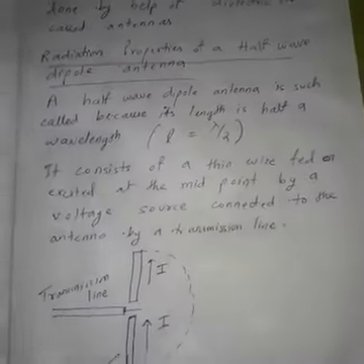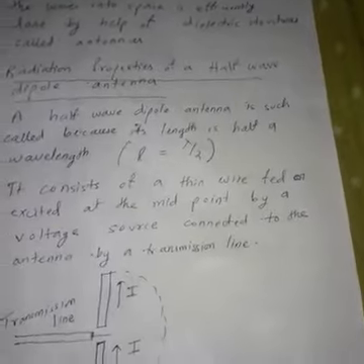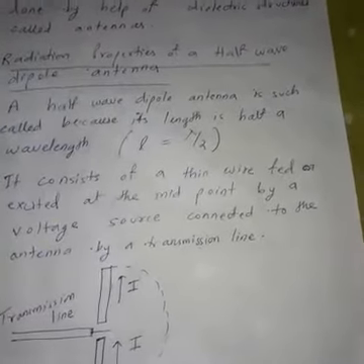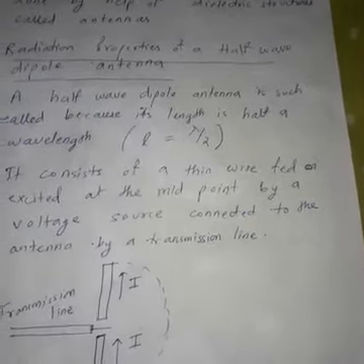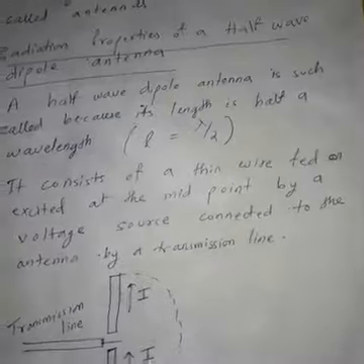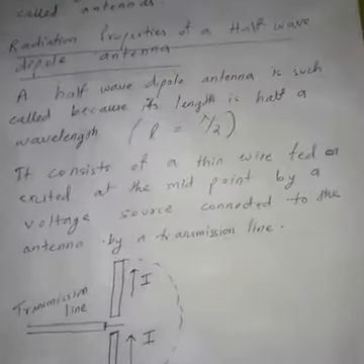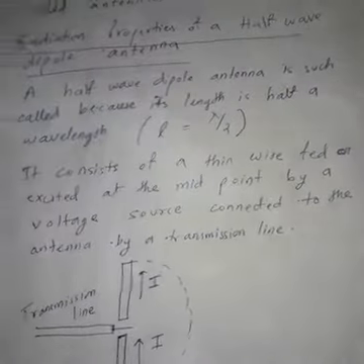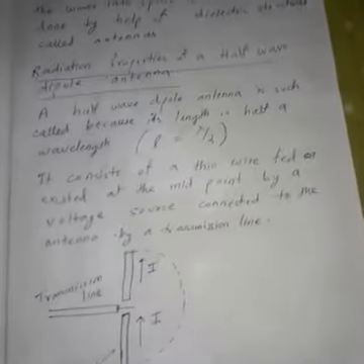So first is the dipole antenna. Why is it called a dipole? Because dipole means it has two poles. If you recall, an electrical dipole consists of two charges separated by a distance. Similarly, an antenna contains two conductors separated by a distance. Because the antenna is like a dipole, it is called a dipole antenna. For the dipole antenna, usually we take the half wave dipole. Half wave means the half wavelength is taken. Clear?